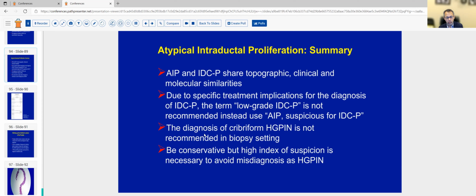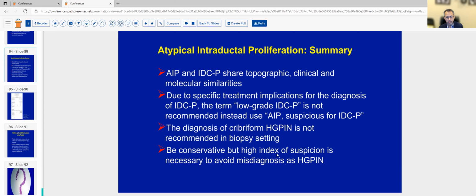Specifically, make sure that you don't overcall high-grade PIN, and also you don't overcall central zone glands, those examples that I showed you as atypical intraductal proliferation. I believe in some situations where you have clear evidence of AIP, a patient would benefit from a repeat